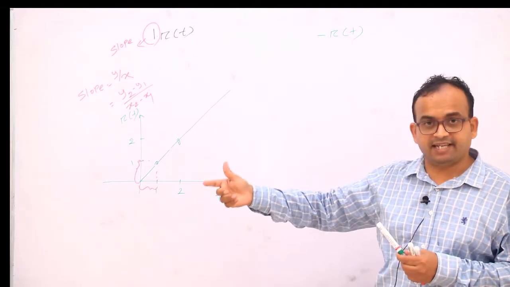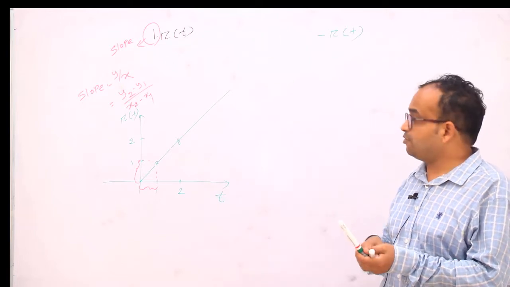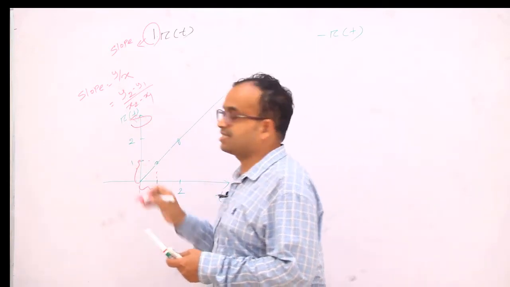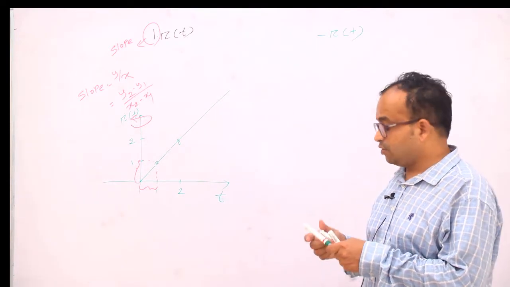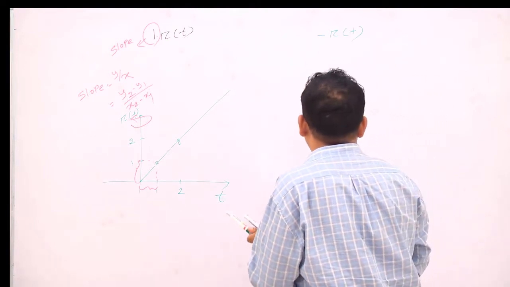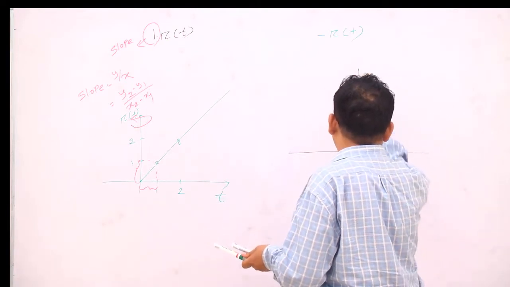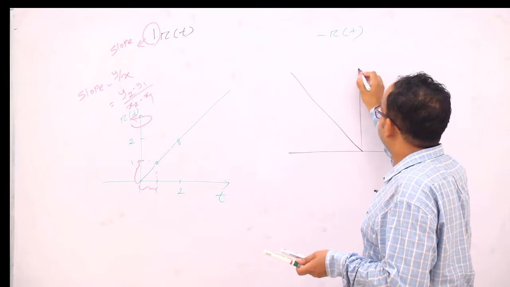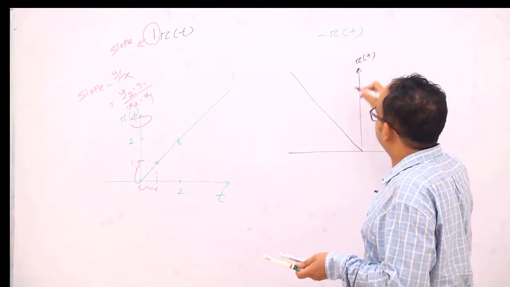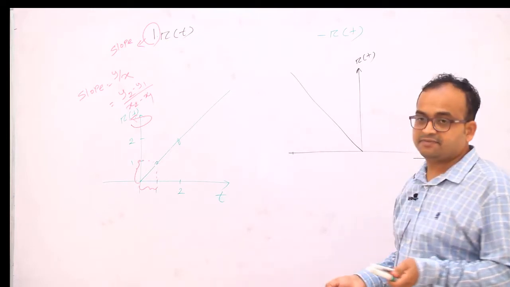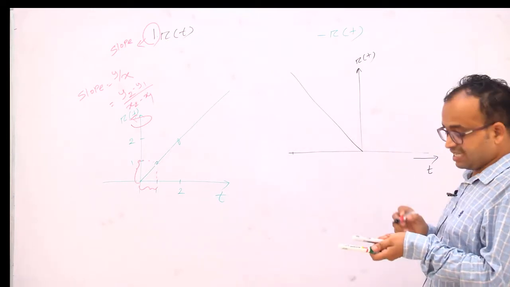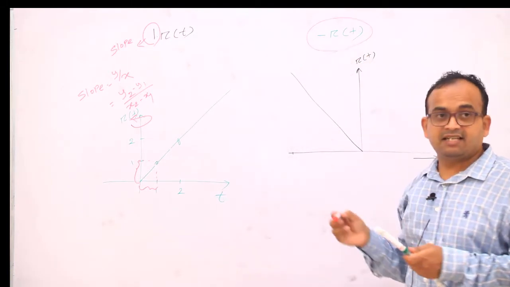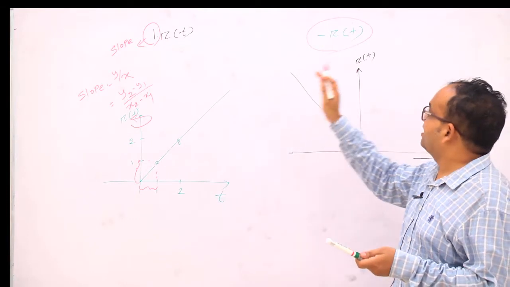Again the folding is coming. Again the folding means we have to rotate the signal. We have to rotate r of t about the y-axis. I have to rotate the signal about this y-axis. So if I rotate the signal, what will we get? We will get the same signal with some rotation, like this. This is your time axis. This is r of t, and this is the negative axis. So now it is coming as minus r of t. Remember these things. So what is the basic difference between r of t and minus r of t?